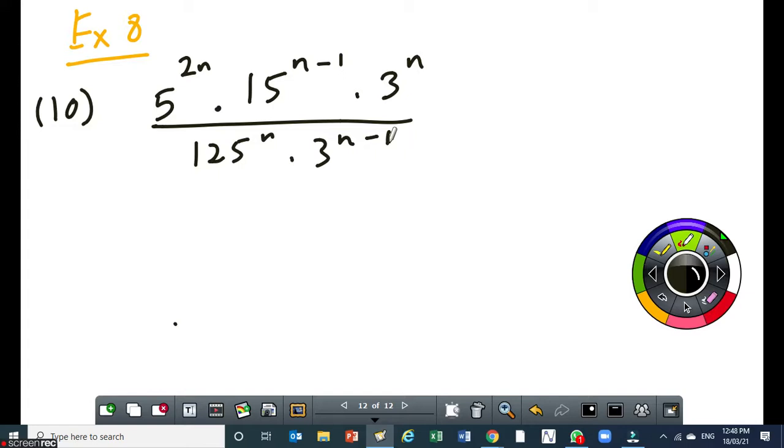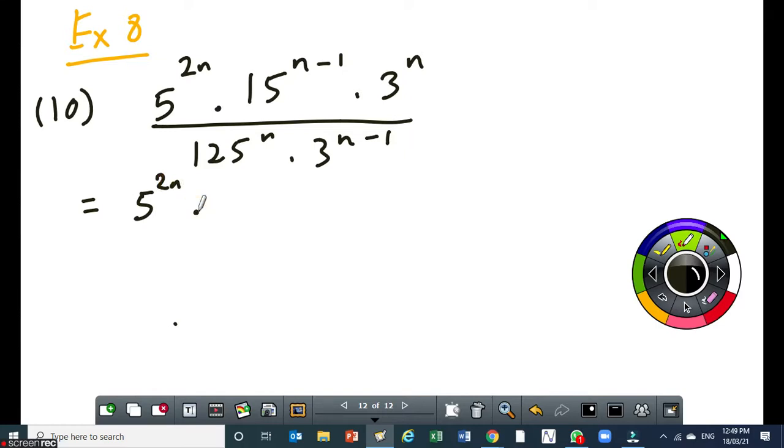Okay, so we have got that question. So the first thing, as I told you yesterday, is to convert all bases to prime bases. That's the first thing. So I'm going to say this is equal to 5 to the power of 2n times